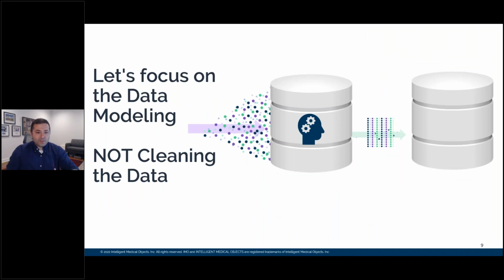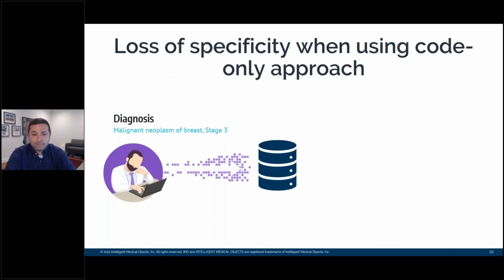So let's take a step back and say, all right, well, let's focus on the modeling. How can we help grab patient populations or understand patient populations and tune our models more effectively, even in lieu of patient populations maybe not even being coded correctly? And this is a problem that happens in the industry. It happens quite often. So if the doctor here is diagnosing a problem with malignant neoplasm of the breast stage 3, that's a complex problem. But as we've identified in the last slide, if I'm trying to grab the billing code, the ICD-10 code, that's just breast cancer.